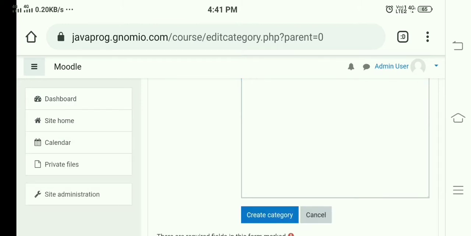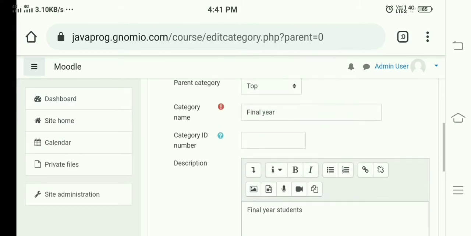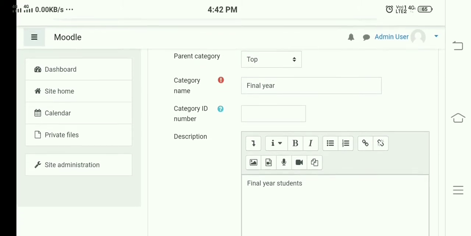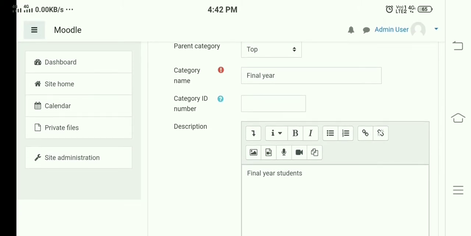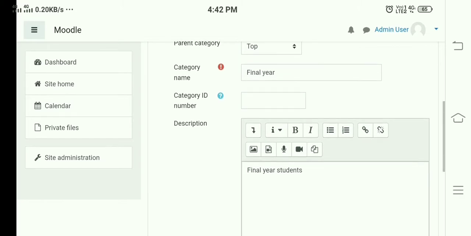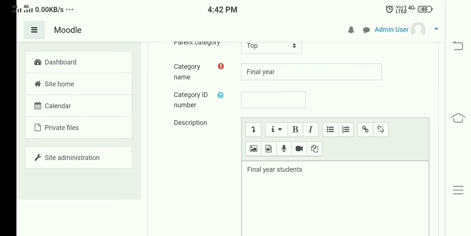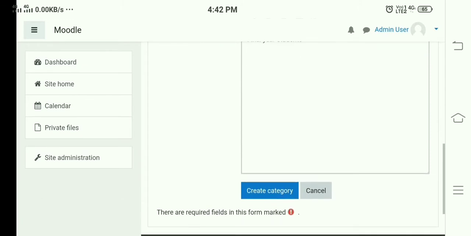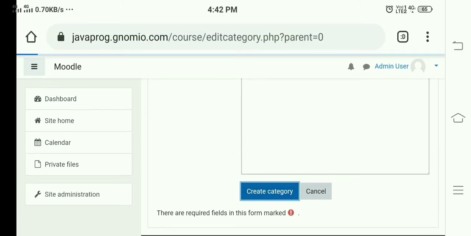So I have written the description related to the category. Category is nothing but a way to manage the courses related to the class. For example, if you want to add the second year courses separately, third year courses separately, final year courses separately, then you can put the category names second year, third year and final year, and just click on the create category button.